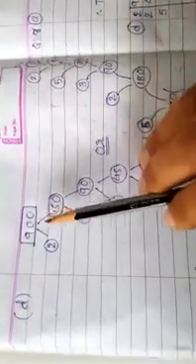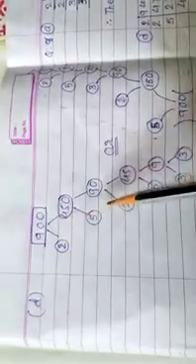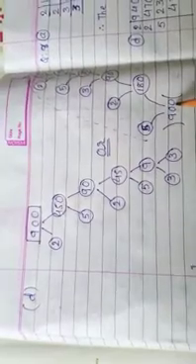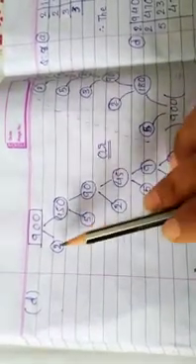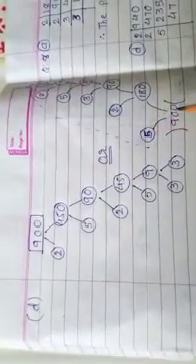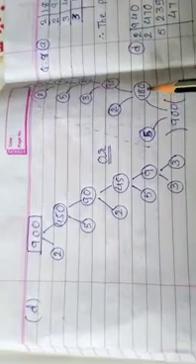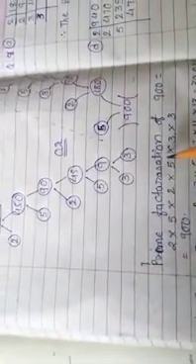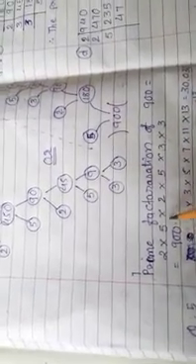Both are right. In the same way for D, the number is 900. Here I have started dividing by 2, and step by step you can see, or you can do it with this method, right? Here in the first step I have divided by 2, and here I have divided by 5. 900 divided by 5 is equal to 180, and so on I have divided, and my prime factorization of 900 is 2 times 2 times 5 times 5 times 3 times 3, which is equal to 900.